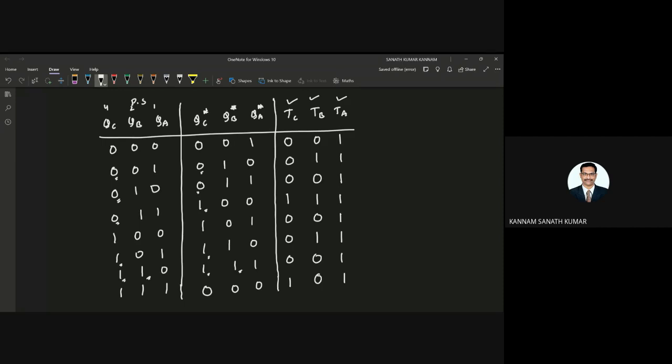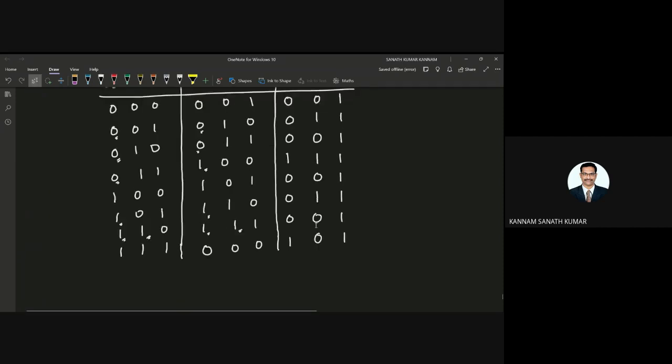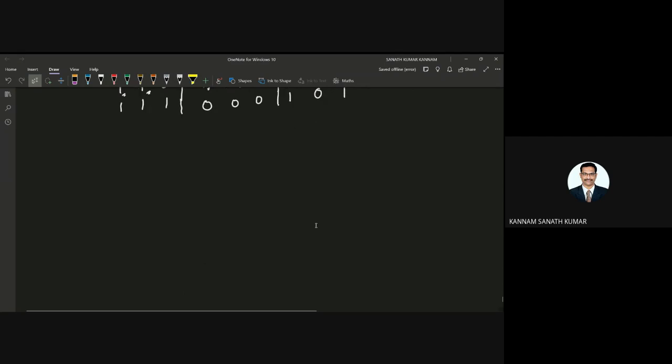So next, what you need to do, by seeing the state table, you need to draw the KMF for separate KMF for TC, TA, and TB. KMF for first TC I am drawing. This is a 3 variable, total 8 cells you will get.